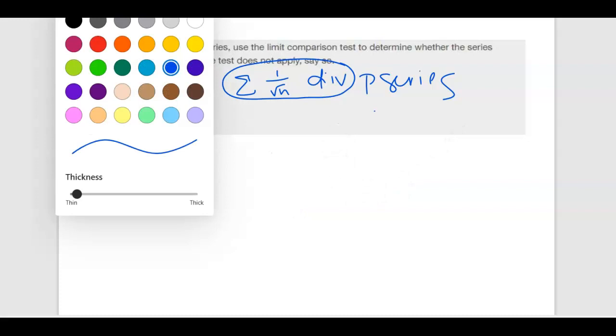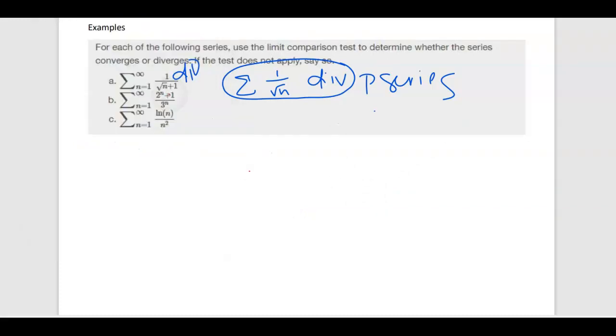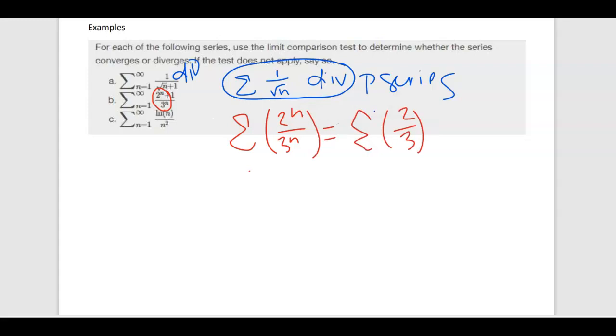But I see something that models a geometric series of 2 to the n over 3 to the n, which would be the geometric series (2/3) to the n, which I know converges. Okay, so let's look at this. If I take the limit as n goes to infinity of 2 to the n plus 1 over 3 to the n,